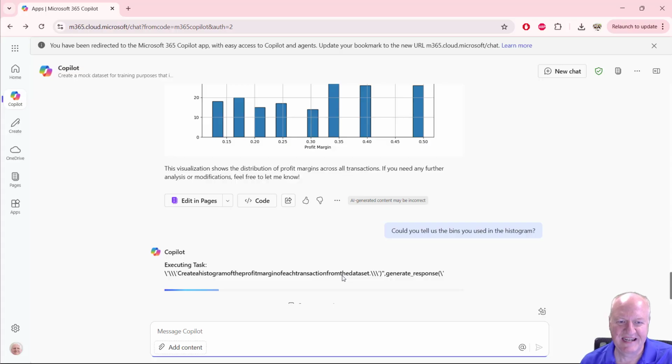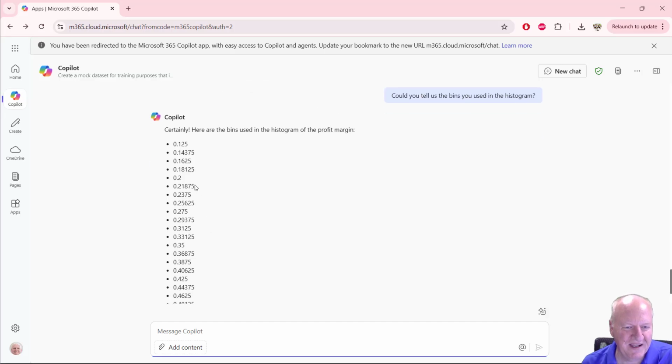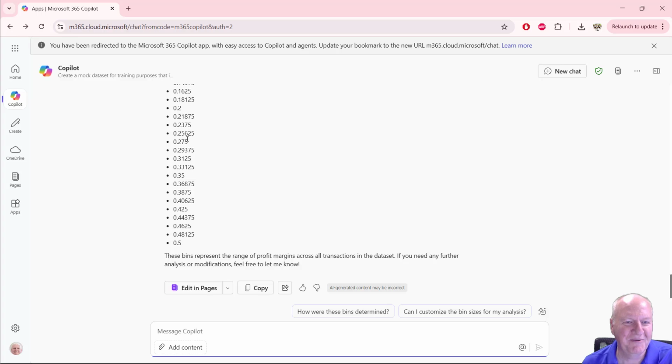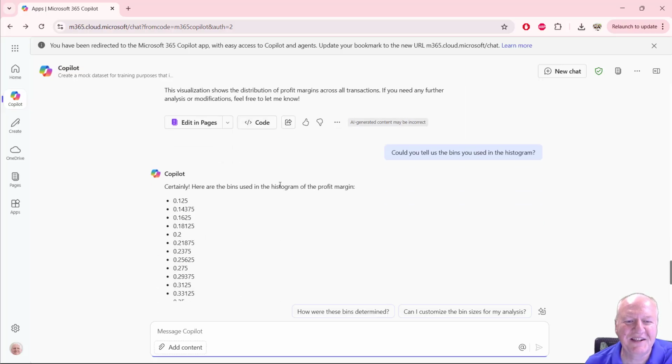That'll allow us to see what was used. We could probably do 5% increments or 3% increments. But you can see the breakdown that it used, and that's not as uniform, at least when you're looking at it this way.